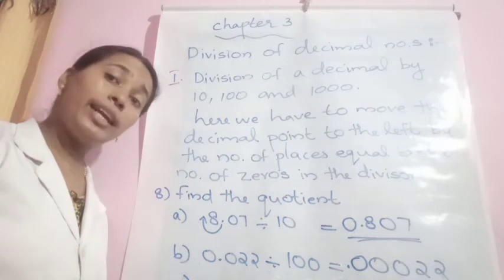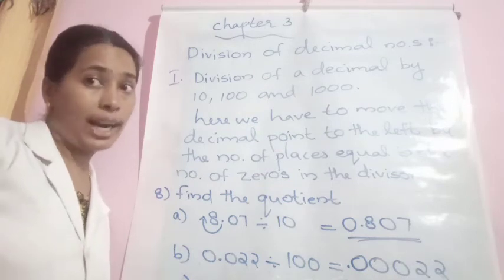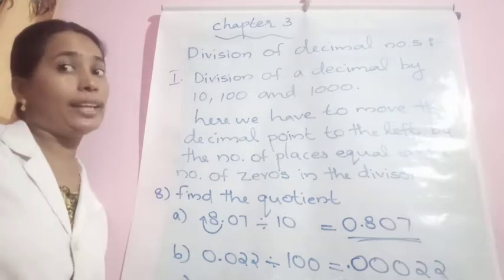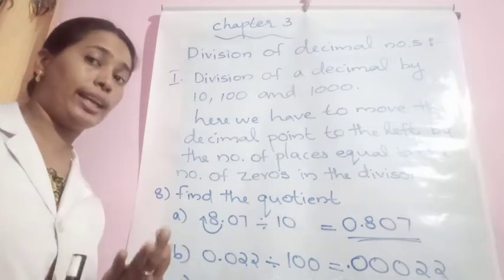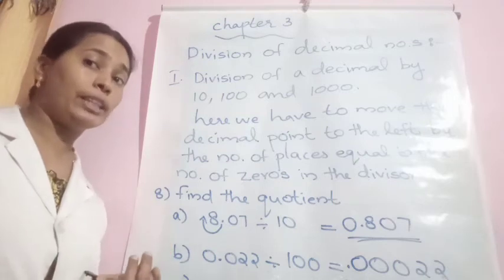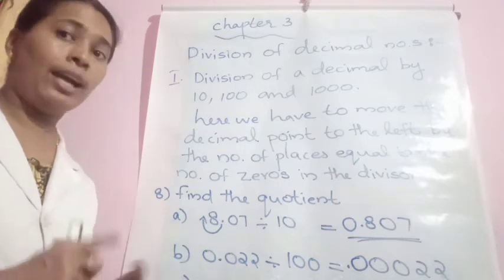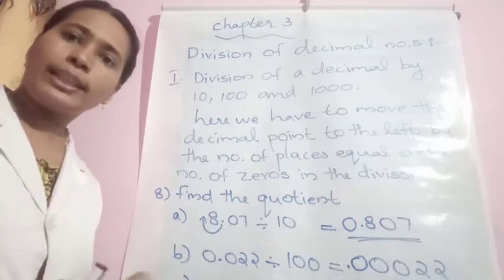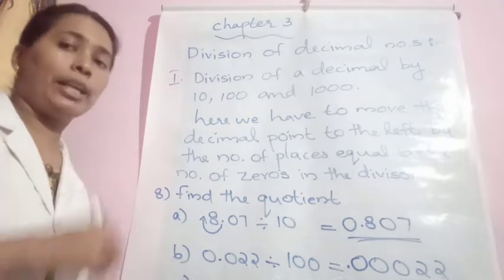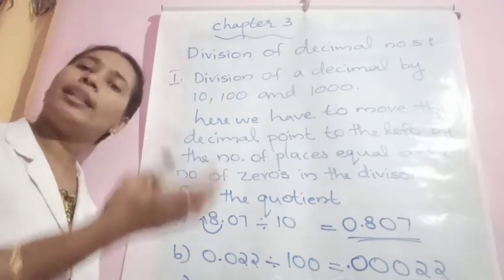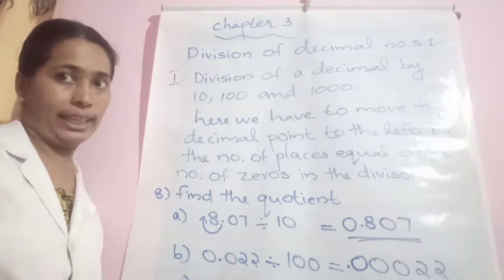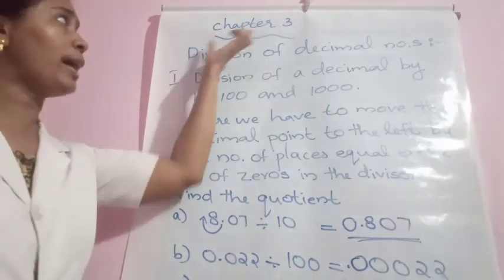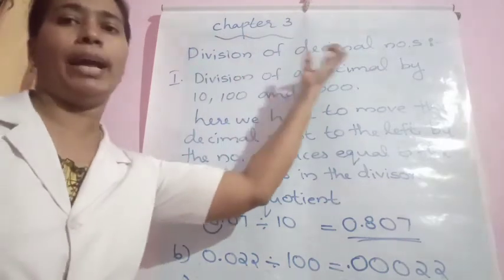Okay, what did you study in the last class? We started with multiplication of decimal numbers, and there are three cases we considered. Which are they? First, multiplication of decimal numbers by 10, 100, 1000, etc. Multiplication of a decimal number by a 1-digit, 2-digit, 3-digit number, etc. We have studied that, isn't it? And multiplication of a decimal by another decimal, that also we have studied. Today we are moving to another topic from the same chapter, division of decimal numbers.